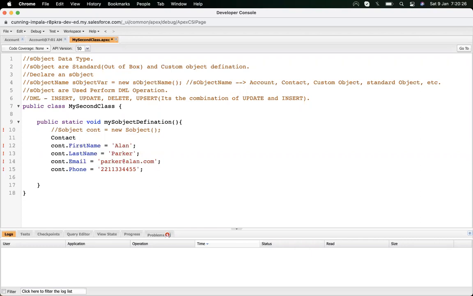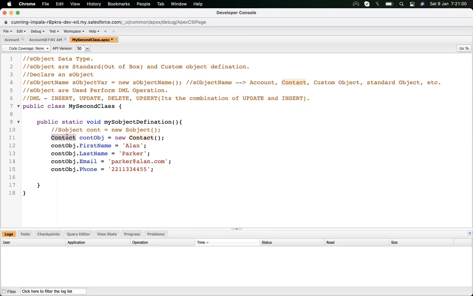Yeah, because it looks similar to creating an object from a class in Java. I think you are creating an object, but you are not creating an S object. Yeah. That's the correct catch. We are creating an object, but we are not creating an S object. We are taking the S object definition and using it here. These first name, last name, email are the definition of this contact S object, or we can say contact object. So don't get confused with the term.